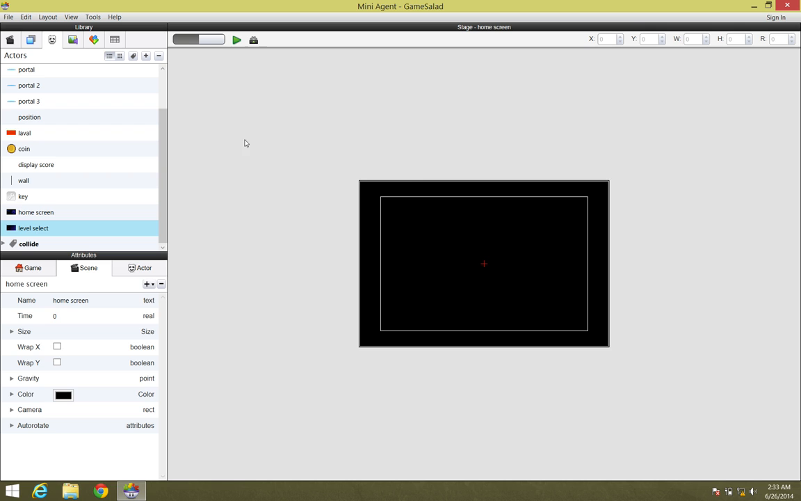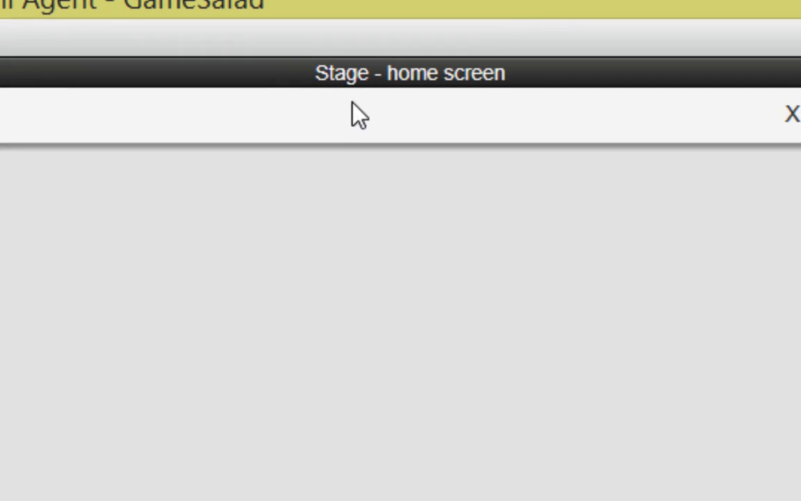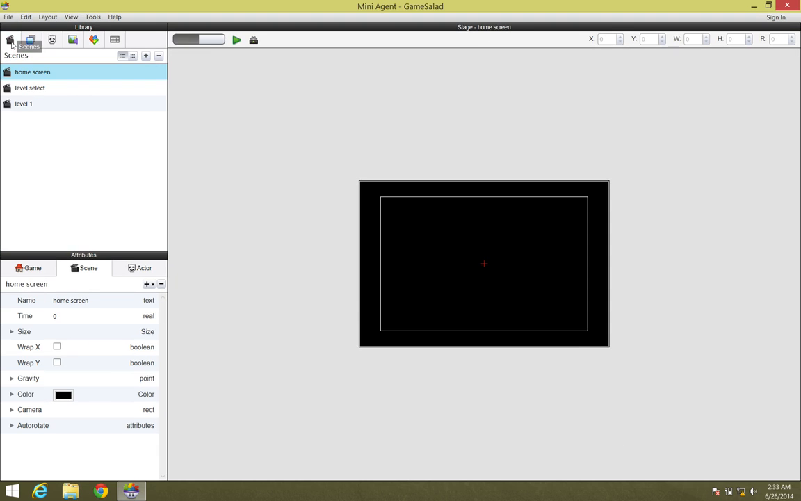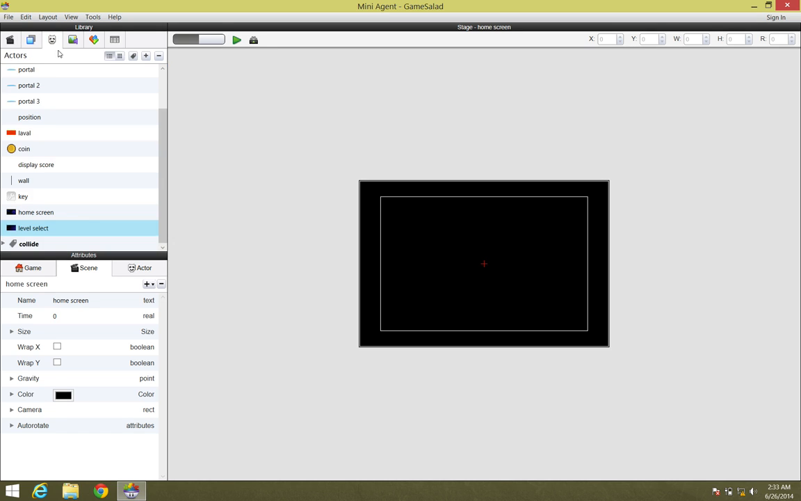So again, I want to make sure that I'm in the right space. We can figure that out by simply looking up here where it says Stage Home Screen, which is what we named this scene. Or again, you can click on the Scene tab and then select Home Screen right here. So back to our Actor tab, I'm going to click on Home Screen Actor and drag and drop that into